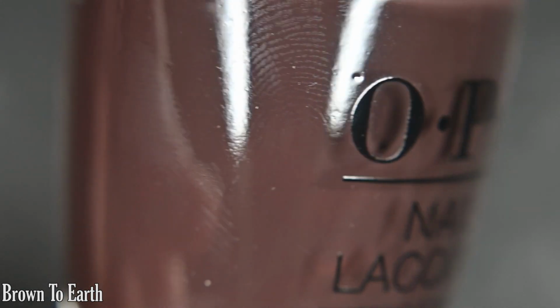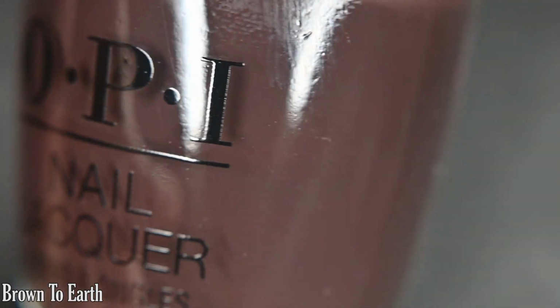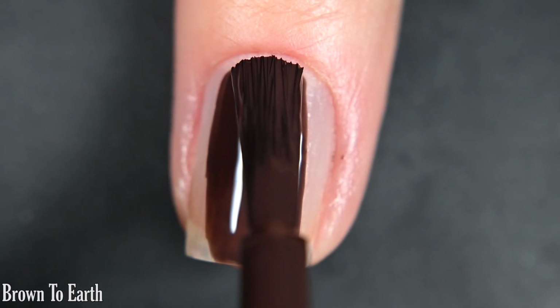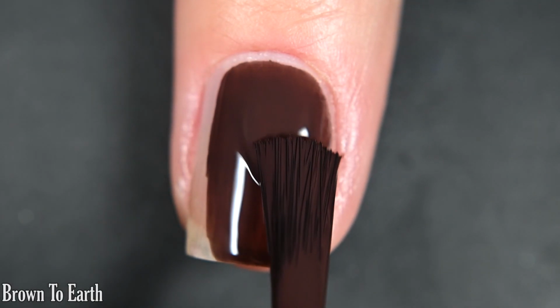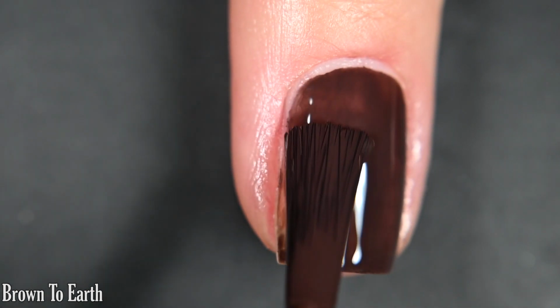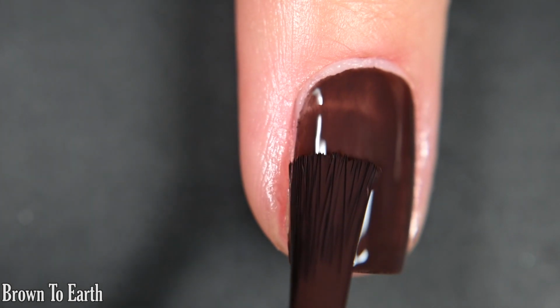Next up we have Brown to Earth, and this one is a purple toned deeper brown cream. Here's our first coat of Brown to Earth. This one covers decently well on this first coat. Obviously not a one coater, but very smooth and creamy nonetheless, and I was still able to get full opacity